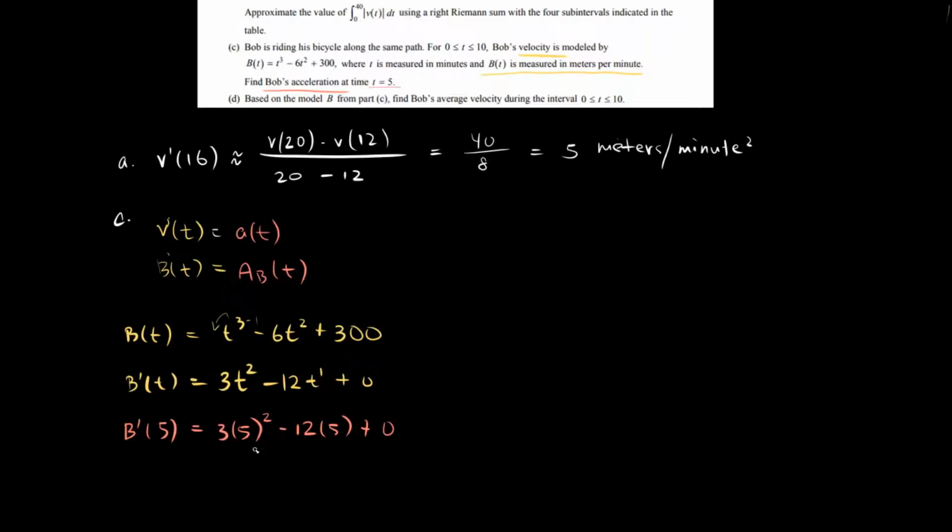This becomes 25 times 3, which is 75, subtracted from your 12 times 5, which is 60. So 75 minus 60 is equal to 15. And we've already established that your acceleration is measured in units meters per minute